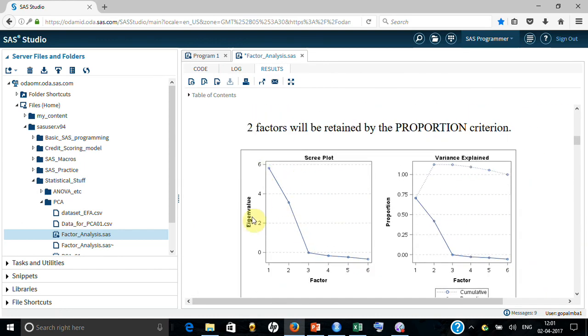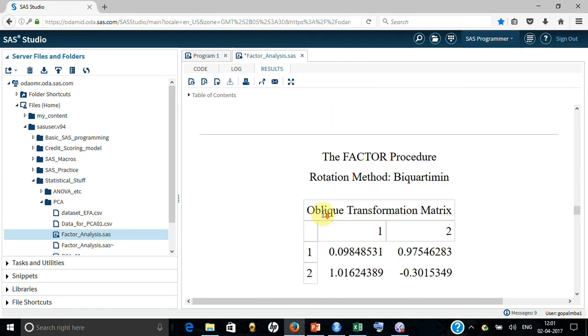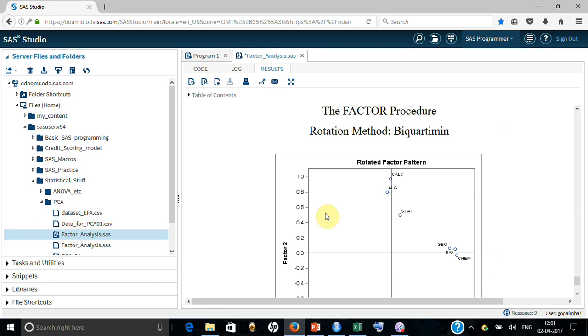For example, everywhere it is saying take 2 factors, and it is explaining which are the factors that appear similar. By looking at this graph, these 3 variables are similar, whereas these 3 variables again appear as a group. In fact, these 2 are a major group and these 3 are a major group. This looks closer to this than this.